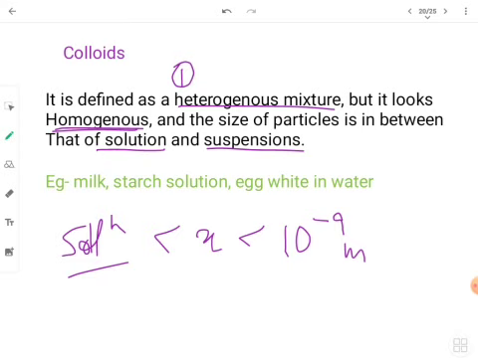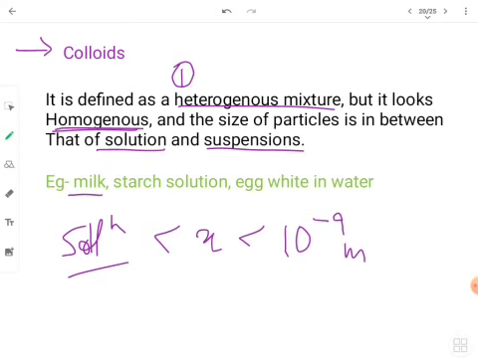For example, if you take milk and you dissolve it in water, you take few milk drops and you add it in water, that is a colloid. Because in fact you will observe that when you take some milk drops and you add it in water, आपको वो homogeneous ही दिखेगा, but at the microscopic level it is heterogeneous. And I'll tell you about few more points जिससे आप classify कर सकते हो कि वो colloids हैं. We will discuss about the properties of colloids.